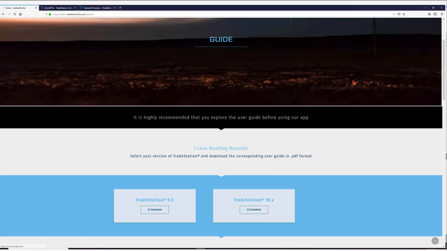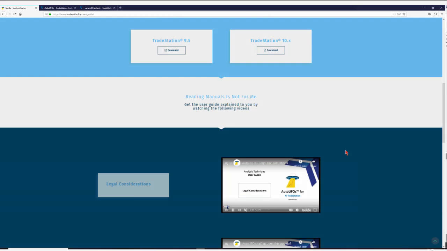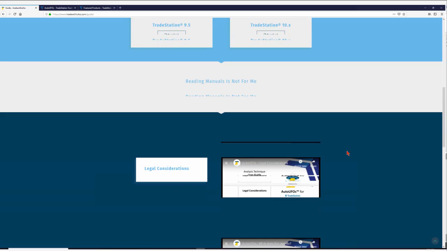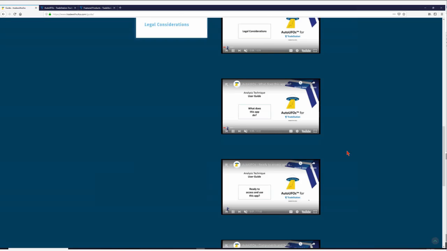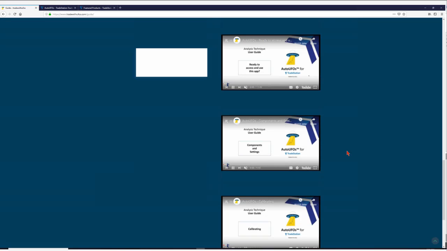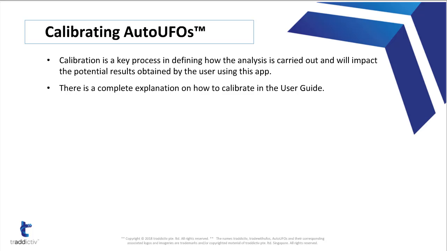If you are not into reading manuals, if reading manuals is not for you, then you just scroll down, and you have a collection of YouTube videos where basically the manual is explained to you. So you will spend just less than an hour, I would say, watching those videos, and you would be explained how to do everything, including calibrating, which is the video in the bottom part. Okay, so coming back to the slides,